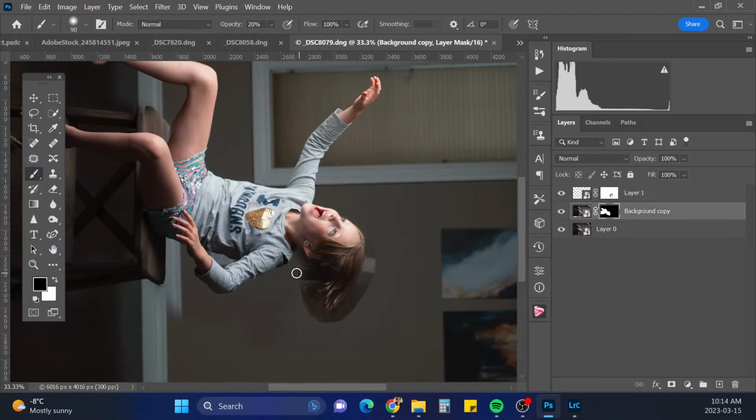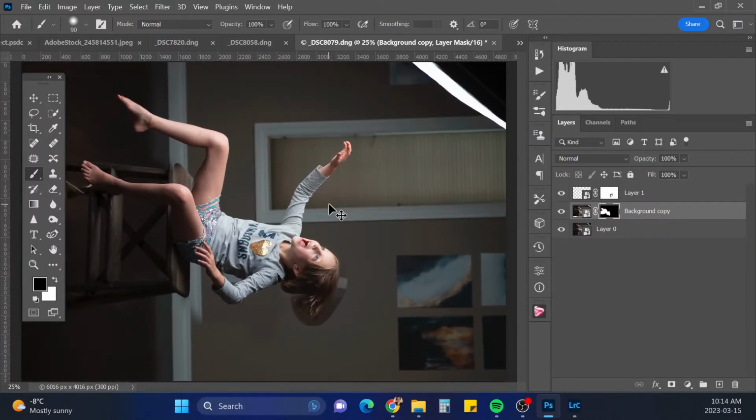And on this one, I need to bring her hair back a little bit. Oh, what am I doing? White? Yes. But let's do this. Oh, I have that on the wrong layer. Let's see. We want to use this one. There we go. Okay, something like that for now.